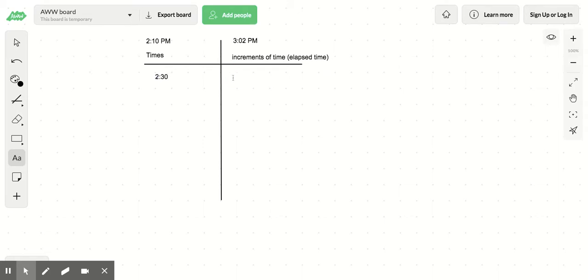On the right side, I need to think about how much time passed between 2:10 and 2:30. So how much time has to pass to get from 10 to 30? And over here we're going to write how many minutes that is that passed between 2:10 and 2:30. So to get from 10 to 30, we do 30 take away 10, or we count up from 10 all the way to 30. And I know that's 20